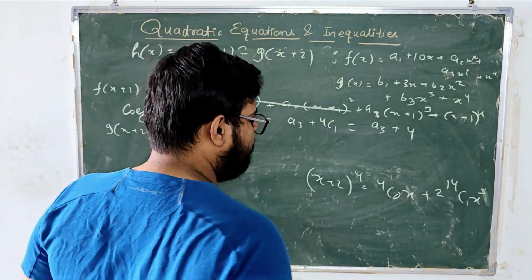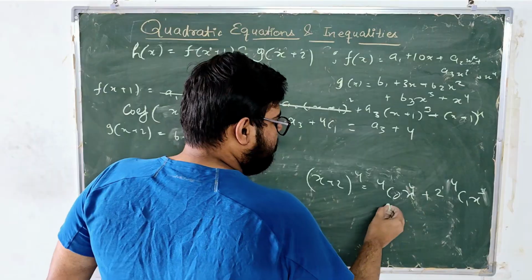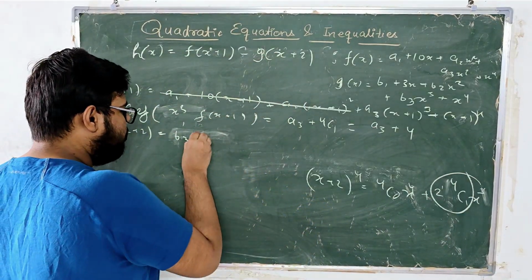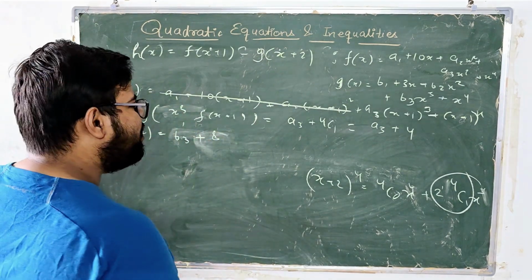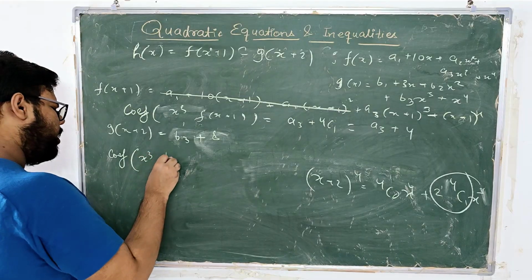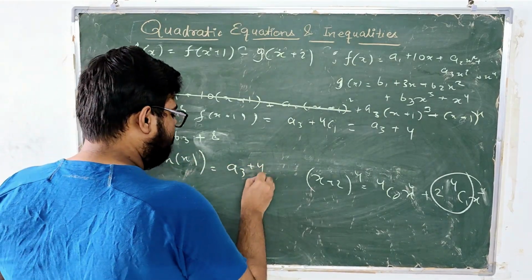Raised to the power 1, of course. Okay, this is 1. So we want this term plus 8, correct? So we have the coefficient of x cube in h of x as a3 plus 4